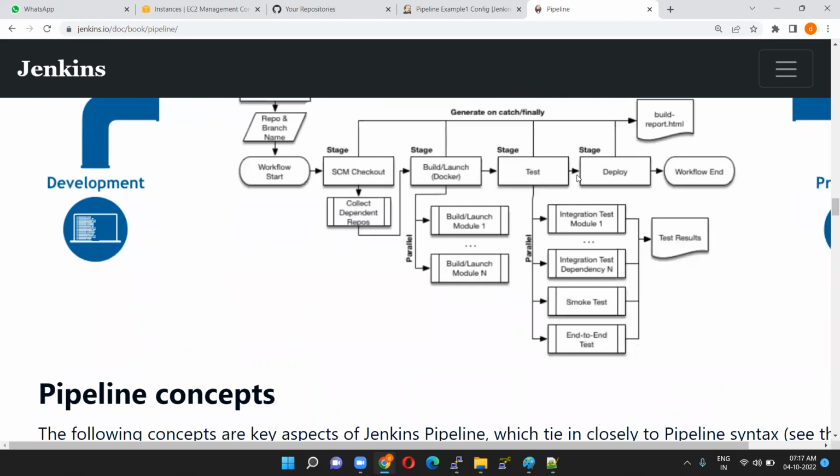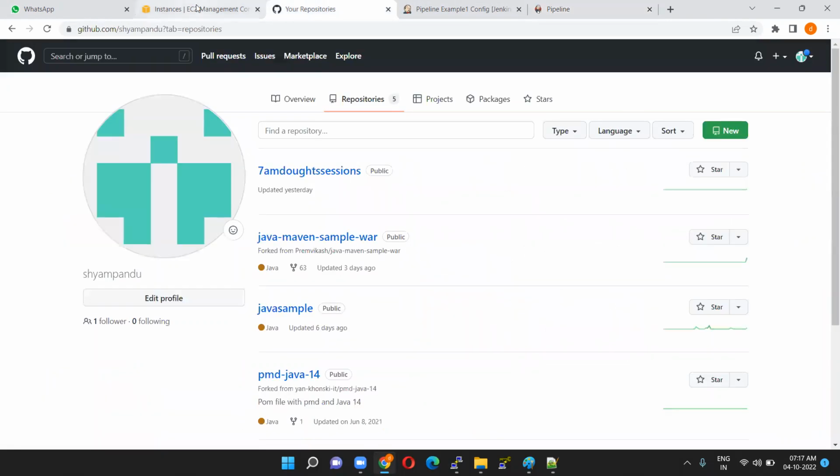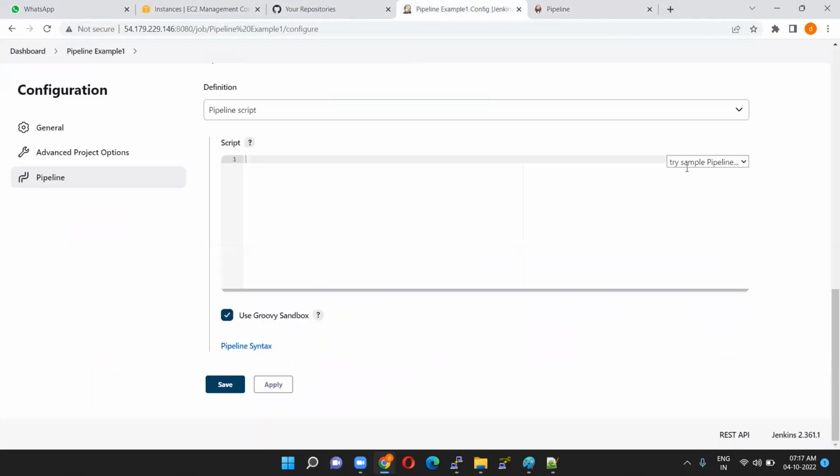So how will the pipeline syntax be? You can click here. Okay. So there are some examples available here. So we can take these examples and try them. Okay. If you want to display, like, hello world, I want to just display one hello world. Okay. So this is the